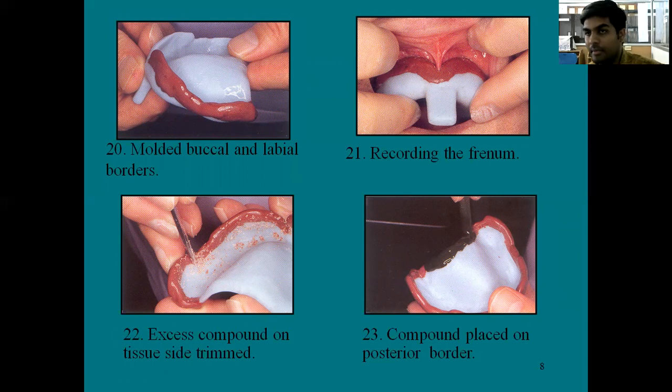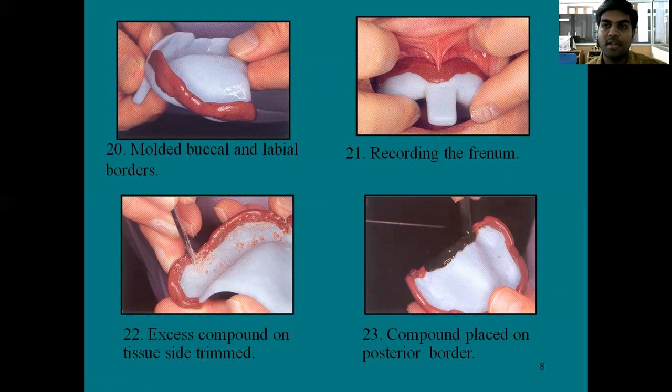One is Valsalva's maneuver. We'll close the patient's nose and ask the patient to breathe through the nose, and while she is doing the same, we will give resistance while she breathes through her nose. In this way, we can record the posterior palatal seal area. We can also record it by asking the patient to say ha in short, vigorous bursts.